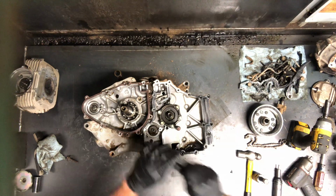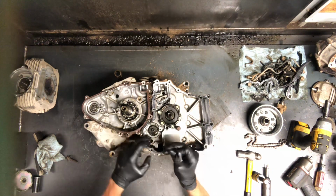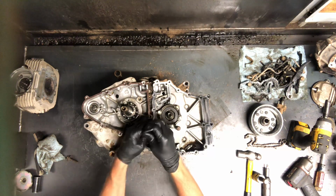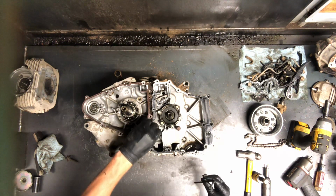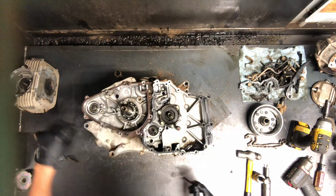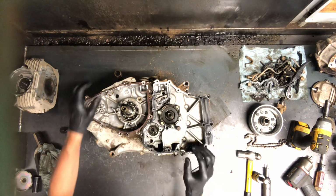So got your shift drum here. We've got an Allen that we've got to remove this one with. You could a lot of times leave this on there. When you pull that crankcase apart, this bearing will come out with this shift drum. But just in case it doesn't come out, I don't want this mechanism here to hold us up. So I'm just going to remove that. And there's a spring in here that sits down in there. All right, these don't have to be removed to split that case. All these 8 millimeters do, but we're going to go ahead and flip